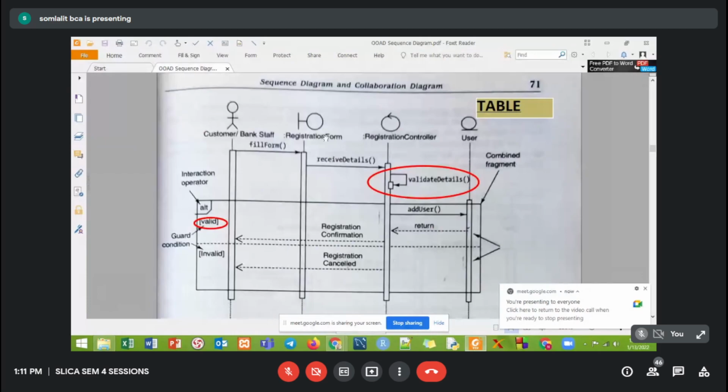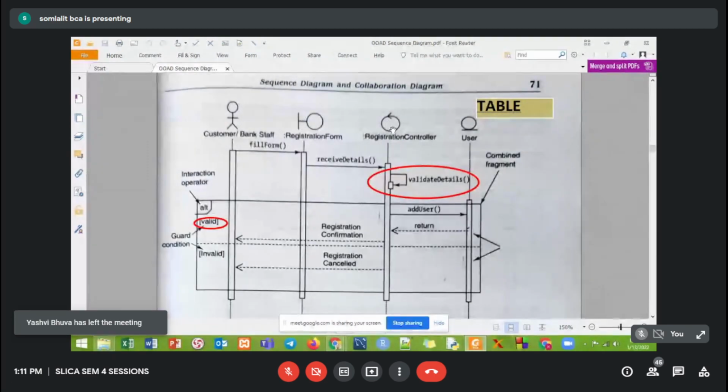Boundary. Yes. So this is the boundary, and the boundary is connected with the boundary controller, which means the code behind the project. This is the UI, the user interface. This is the code behind the project. And lastly, you have the data store, the table. This is the way the flow will be made.